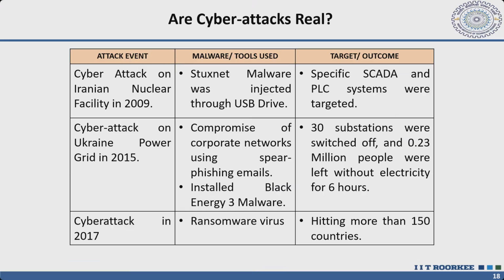There was an article available on Google. You can go through it. Then the next attack was done on the Ukrainian power system in December 2015, and this attack was done by spear phishing emails. Someone sent the emails, and they injected the BlackEnergy 3 malware. You can again go through